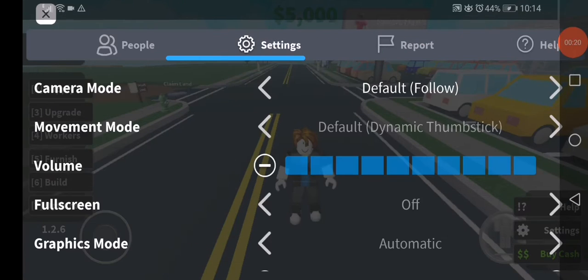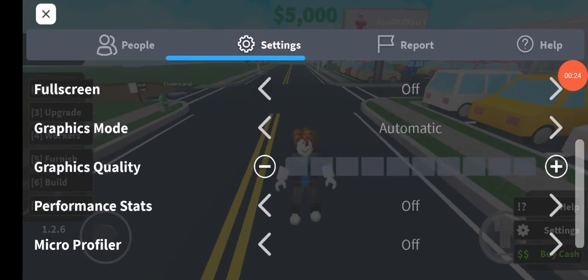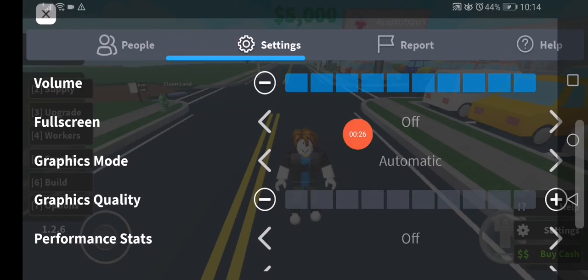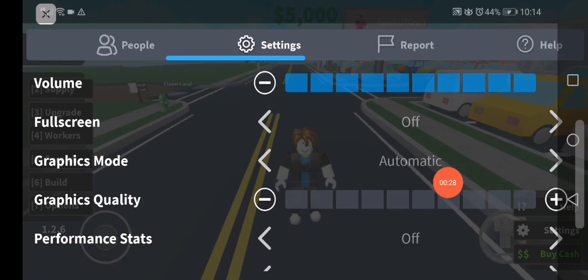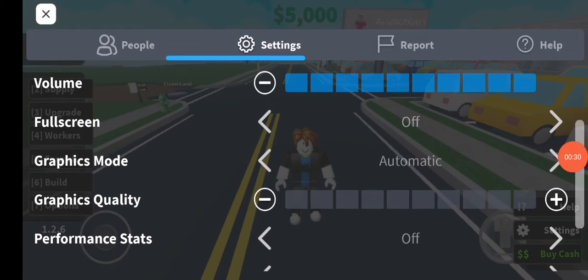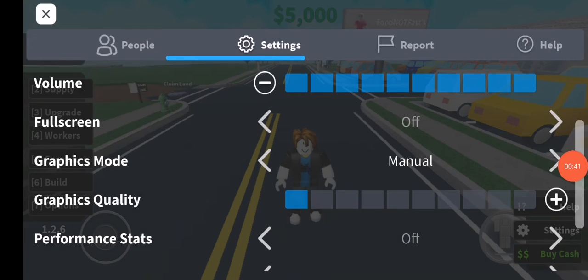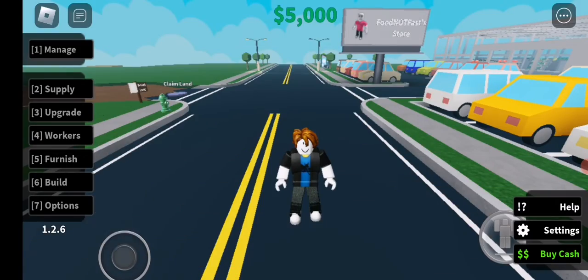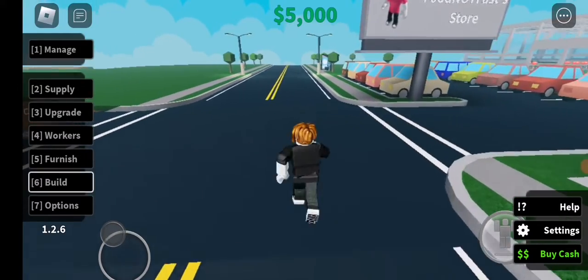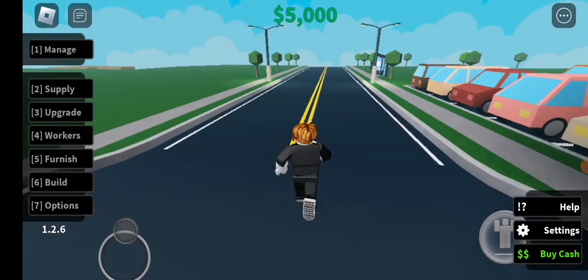on settings and then go down here to the graphics mode right here and make the automatic into manual like this. And after you make it manual, go here and make the graphics quality more lower like this and then close this. And congratulations, as you can see now it's more